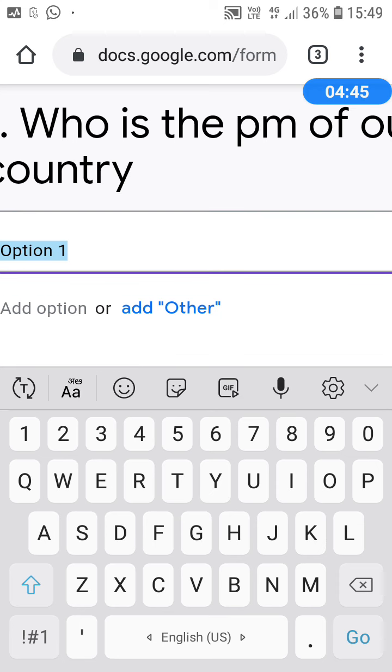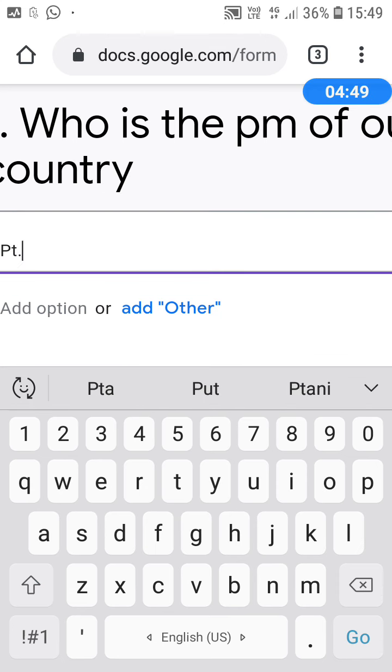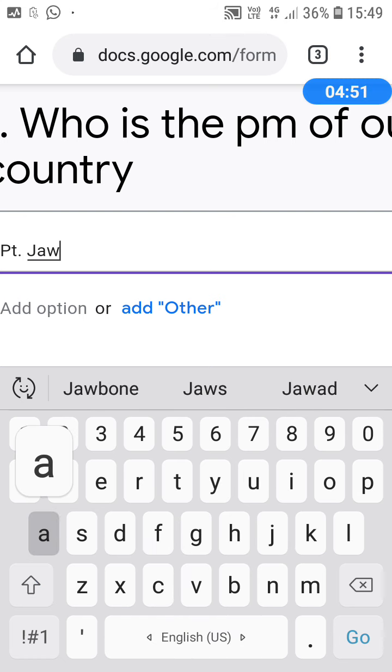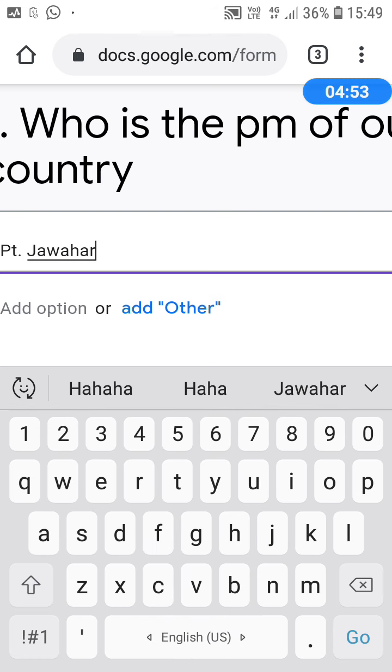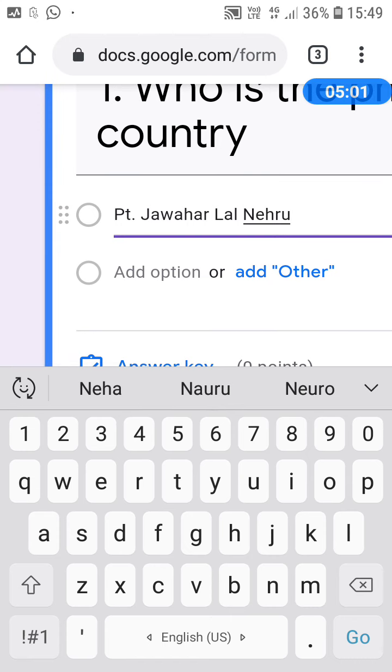Options I am going to give. My first option is Pandit Jawaharlal Nehru, and to give the second option, we have to click on add option.